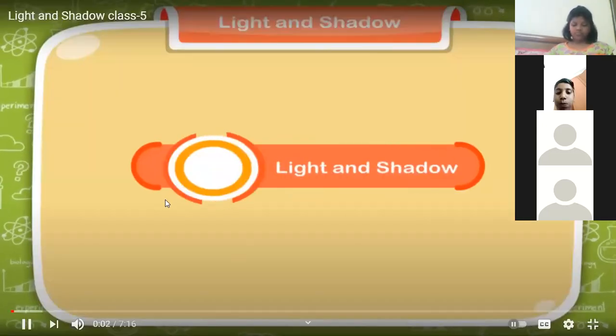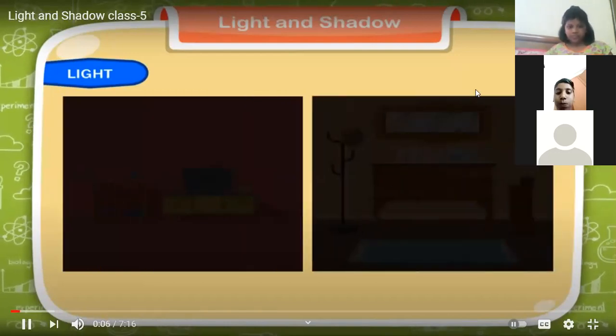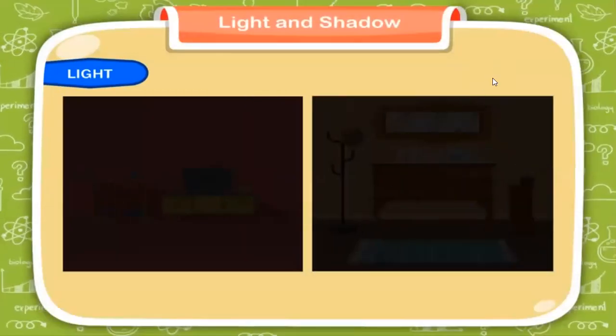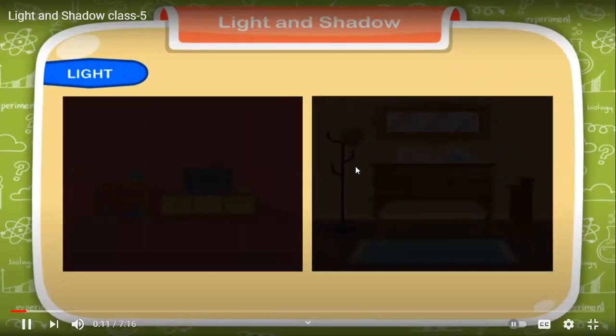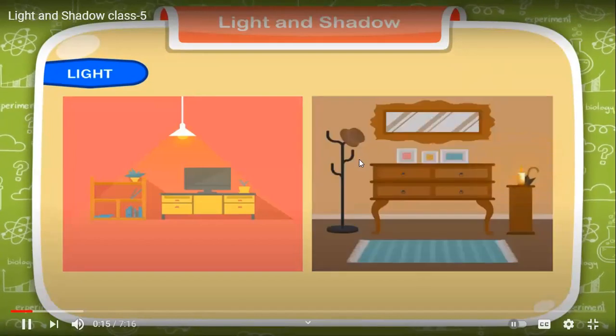Light and shadow. Light. As we enter into a dark room, we are not able to see anything even if we try to do so. Switch on the bulb or light a candle, we immediately see objects kept in the